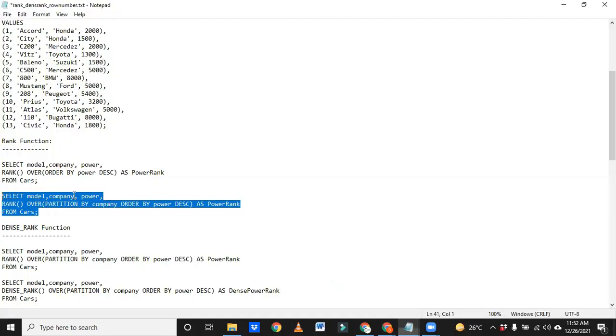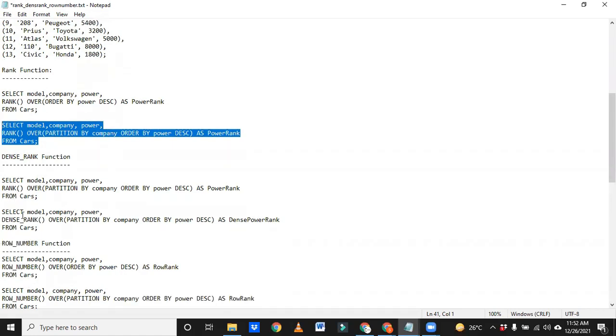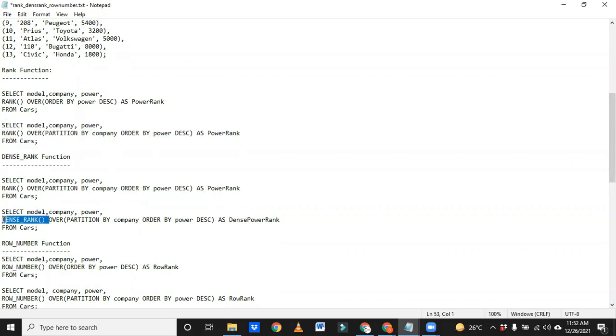Now we'll see the dense rank. See guys, dense rank is also the same. This is the dense rank. The syntax is the same. Here we were seeing rank, now we are seeing dense rank. That's it, the rest is all common.